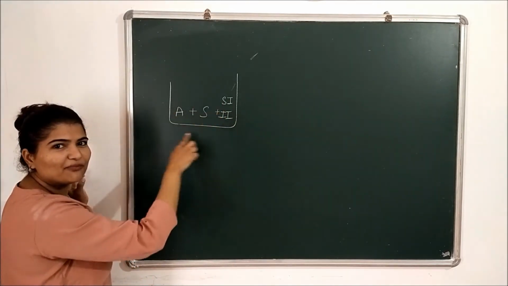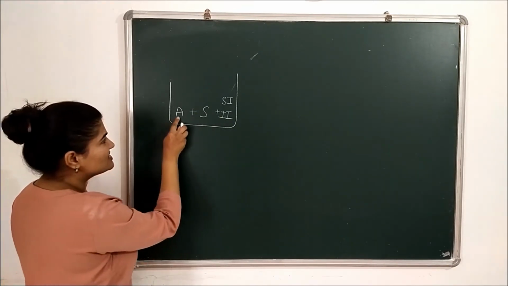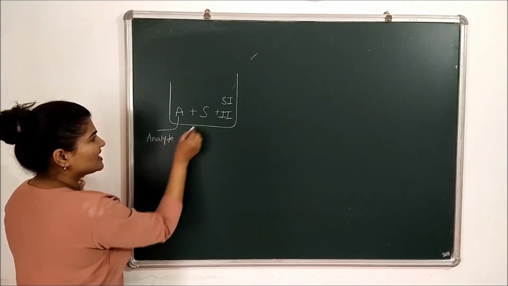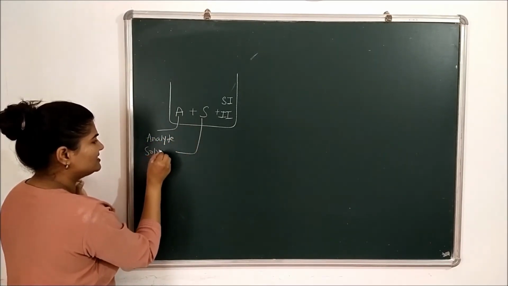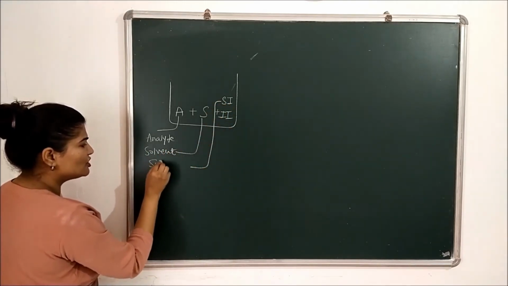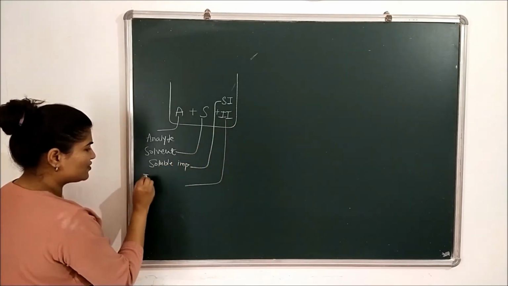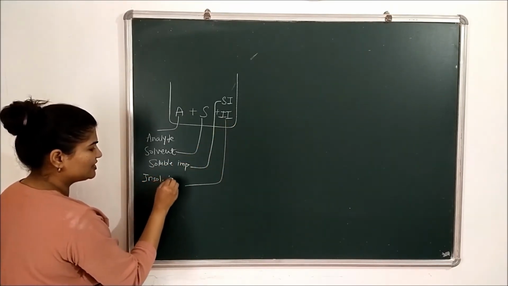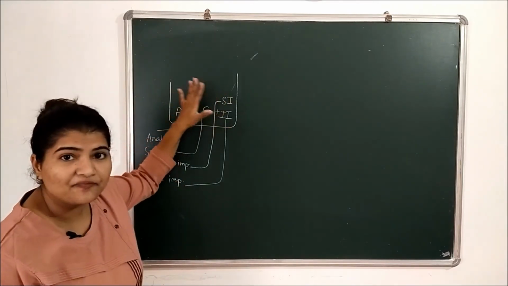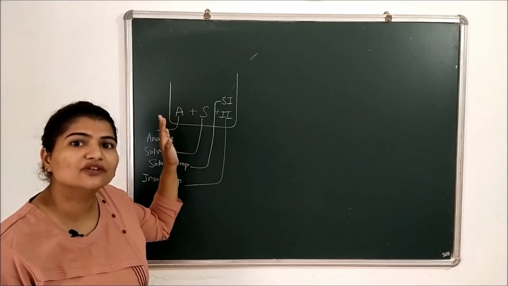Okay, so just remember the notations I am using because it is easier for me to write in short forms. So this is analyte, I'll write it here. A is for analyte, S is for solvent, then Si is for soluble impurities, and II is for insoluble impurities. So henceforth in this video I'll use these notations. Now this is everything we have with us, which we are regarding as a solution of crude sample.